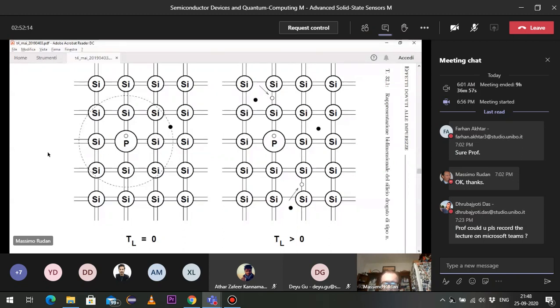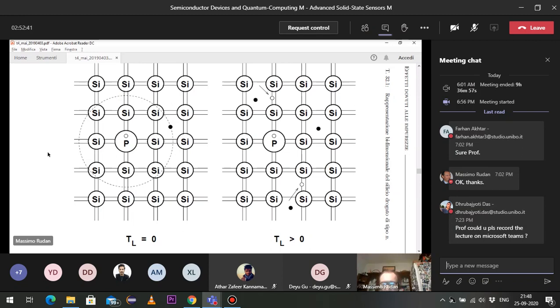It's an easy example. Assume that the concentration of the phosphorus atoms is 10 to the 15th per cubic centimeter, okay? And we can easily find that at room temperature, each phosphorus atom releases